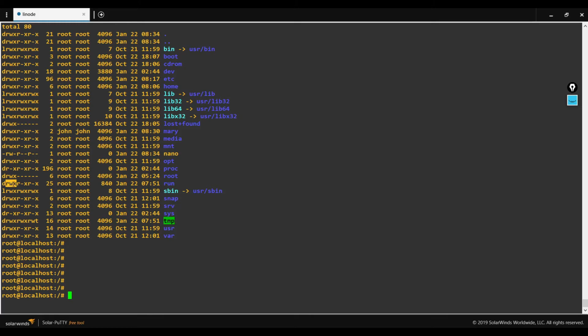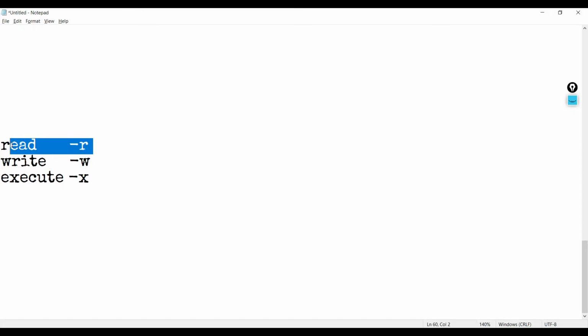So from digit 2 you can consider three digits at a time. The first 3 digits indicate the user permission of that respective file, the second 3 digits indicate the group permission of that particular file, and the third 3 digits indicate the privilege that others have towards that particular file. R denotes read access, W denotes write access, and X denotes execute access.